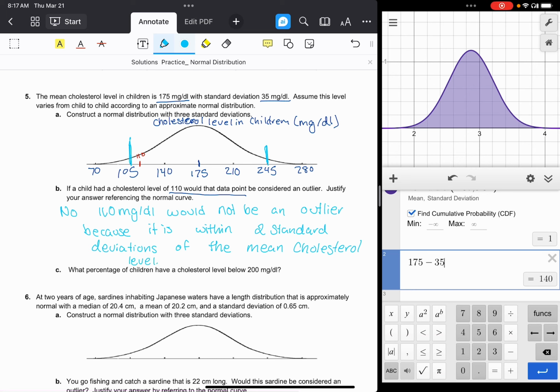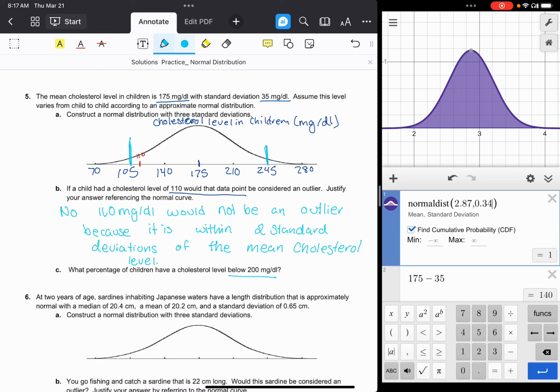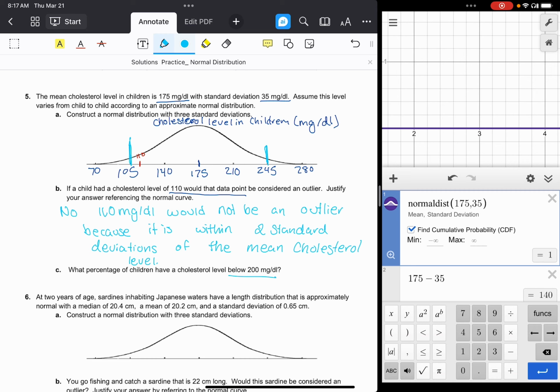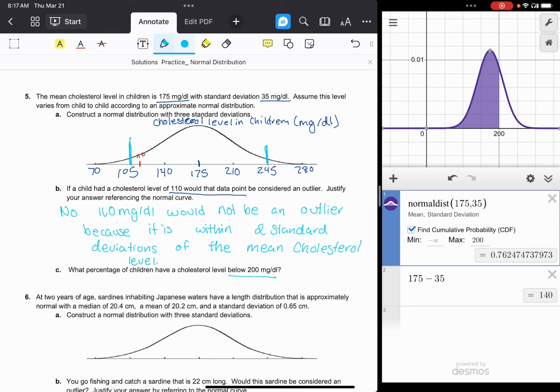All right, and then what percentage of children have cholesterol level below 200 milligrams per deciliter? So we need to go up over to our Desmos graph again. We're going to update our normal curve. So I'll put in 175 as our mean, 35 as our standard deviation, and we want below 200. So we're going to put in 200 for the max. Now I haven't zoomed in on my graph yet, but I like to, just to double check that I'm shading the right spot. So below 200, turned into a percent,